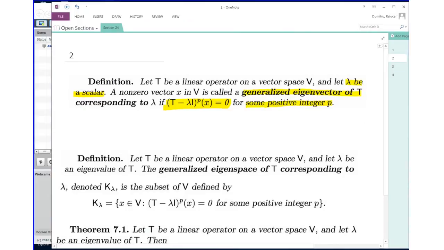So what does that mean? It means that if p is 1, (T minus lambda identity)(x) is 0. So in particular, T of x equals lambda x, right? So lambda will end up being an eigenvalue, and x an eigenvector